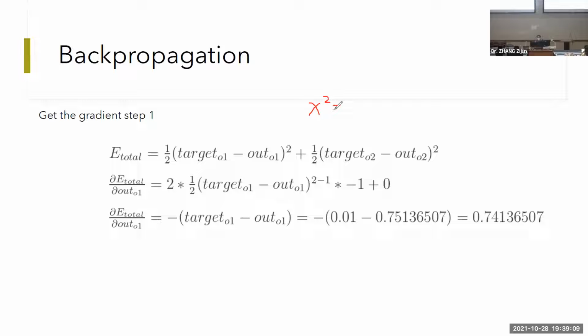Let me recap you guys the college calculus. Taking derivative, okay. The x squared will be 2x, okay. X plus y